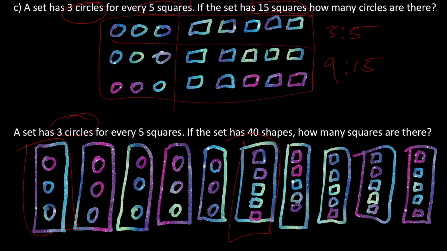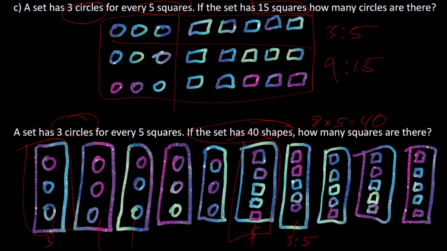And if you have a set of 40 shapes in total, how many squares are there? So this is a little bit different of a problem here, but you do it in the same way. So the way that I did this is 5 and 3, so that's 8, and I know that 8 times 5 is 40. So I knew I needed to have 40 shapes all together. So this is 5, and this is 8,